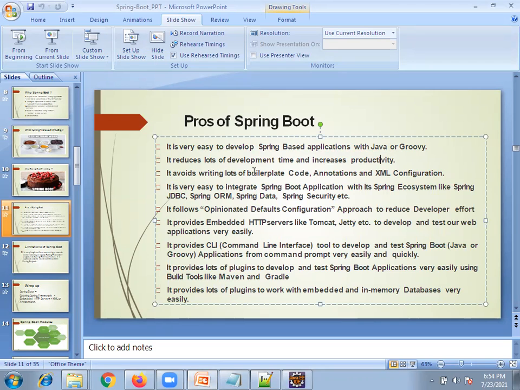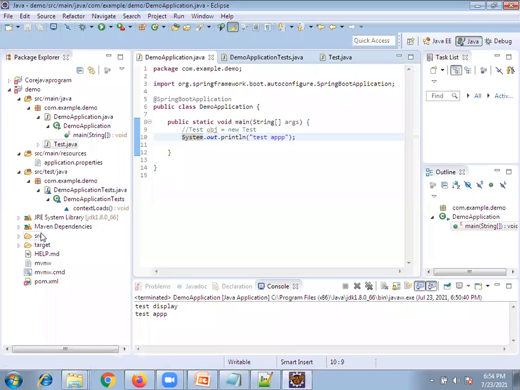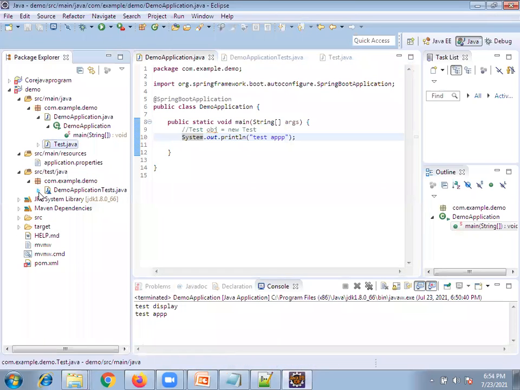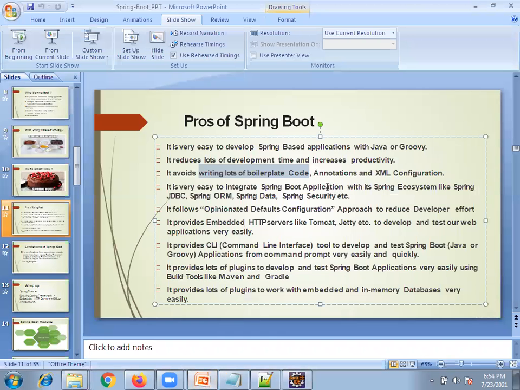One more: it avoids a lot of boilerplate code, meaning we need not configure any XML. We need not write any component scans or any configuration. By default, everything is enabled.